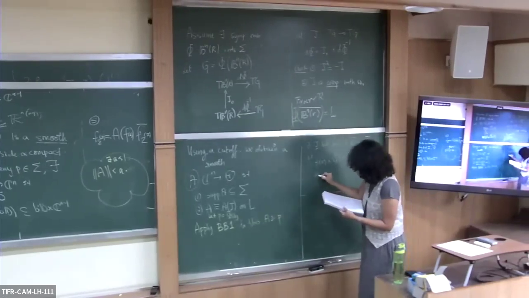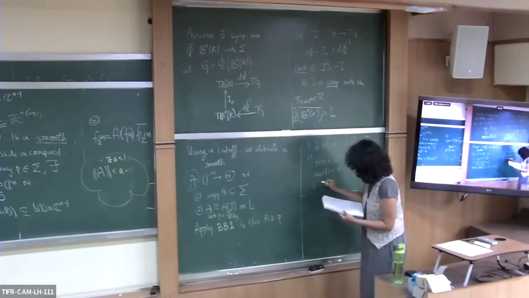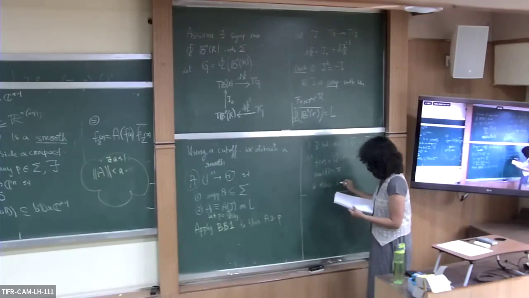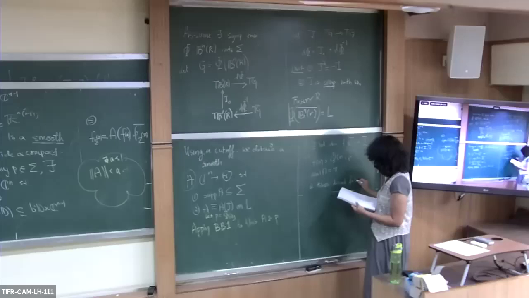Also, the area of F is equal to pi, and other desired features. What are the other desired features? That the boundary maps to the boundary